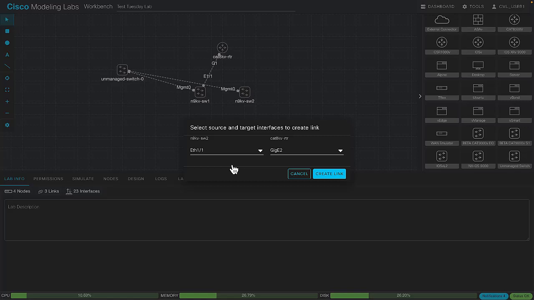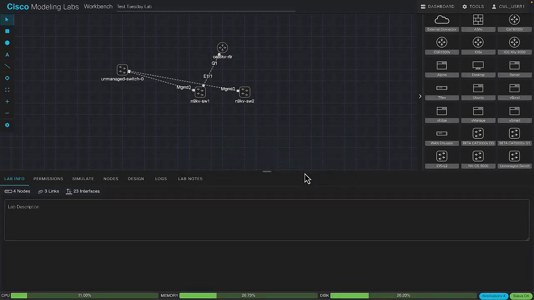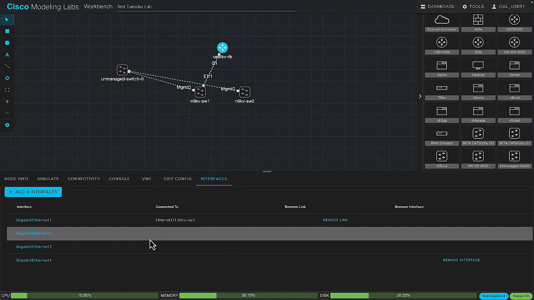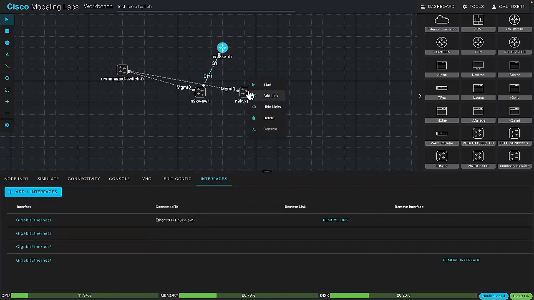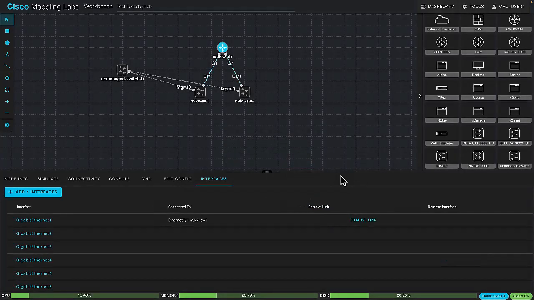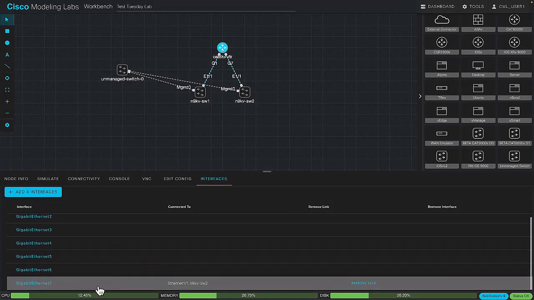Cat 8KV has moved up to its next port of ETH2. I actually want to cancel out of this and show you one other quick thing. If we look at the number of interfaces that are configured on the 8KV router, there's only 4. But if we look at the link list again, if I were to drop down here, you can see that there's other interfaces. So even though those interfaces don't exist right now, if I were to click this interface, let's just say I want to use gig ETH7, hit create link, it's actually going to auto-populate those additional links